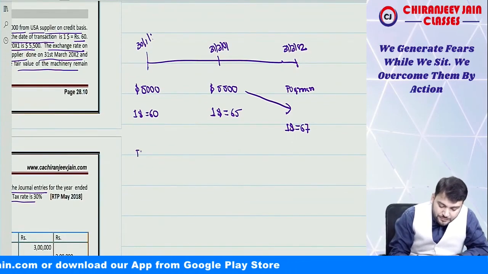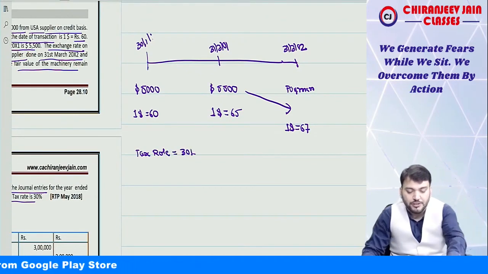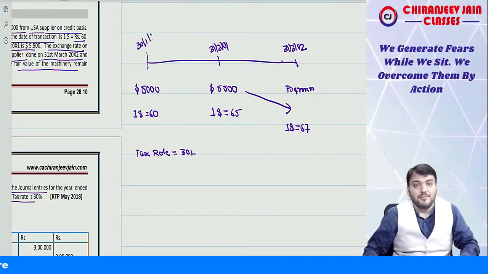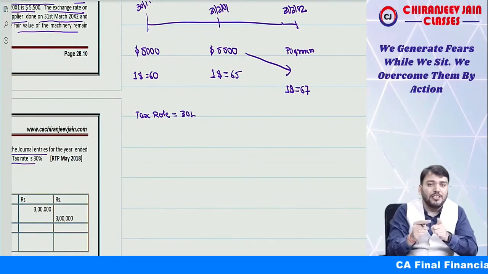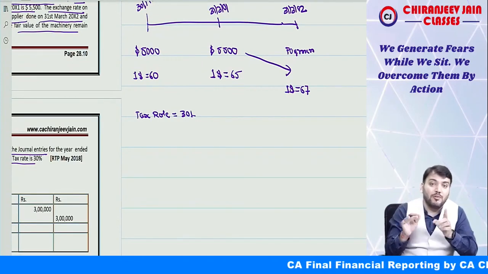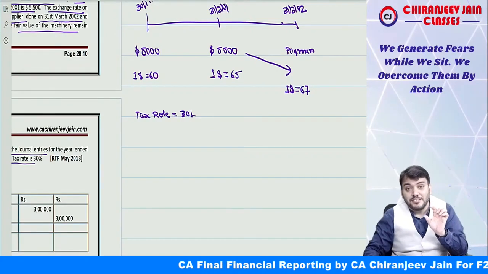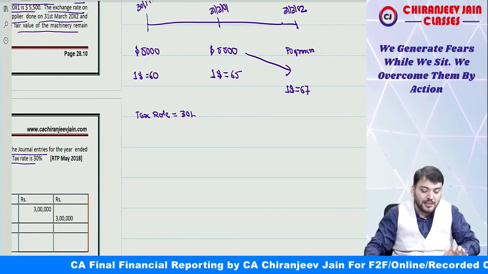And the tax rate is 30%. Correct? Now the tax rate has been given to calculate DTL on revaluation surplus. Very good question. It is a combination of India's 16, India's 12 and India's 21. Three Indias will be combined. It is a very interesting question, a super question for CA final students, I will say.